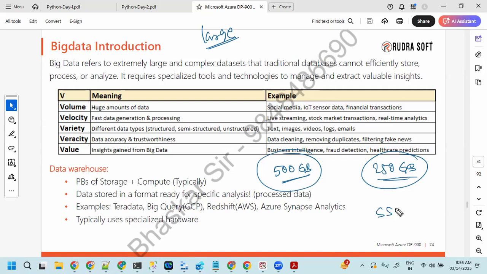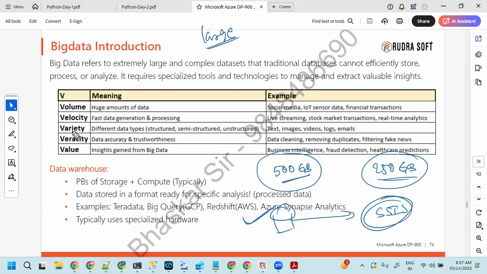Or I have some software. Let's say I have SSIS, and I just want to process the data, but my system is taking a longer time to process it. Then in that case also, for this SSIS, my data is big data. Or I have unstructured data, and my SSIS will not support processing unstructured data. So unstructured data is big data for this particular system.